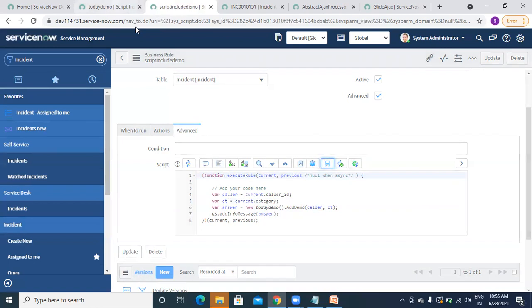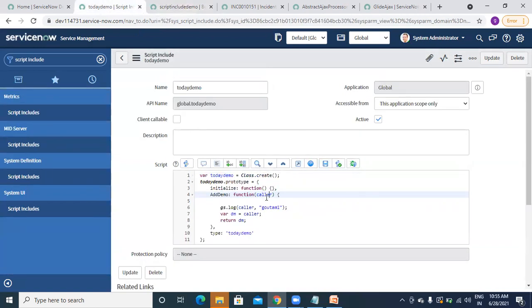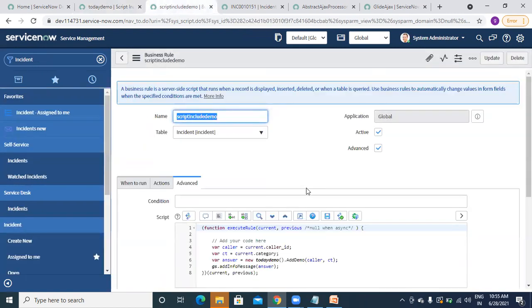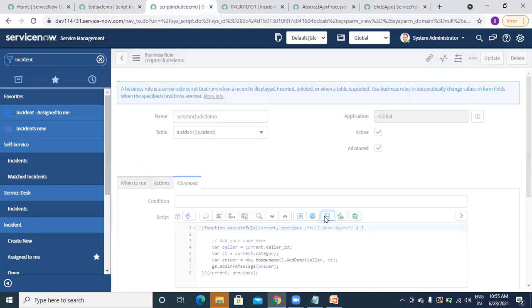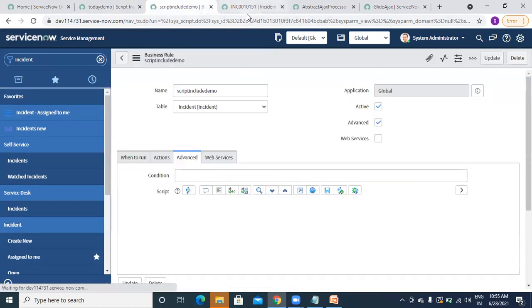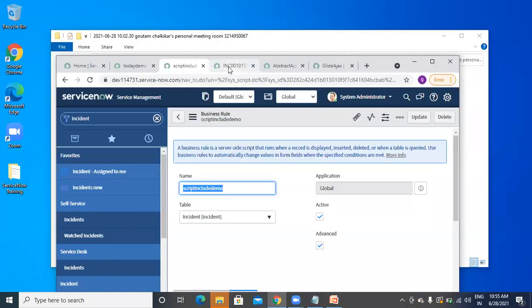Then coming to script include, we have this caller, right? After that, give comma and pass ct. So that is done. Now I am passing ct here. Done. Save this, save script include also. So now it will display the category instead of caller name.